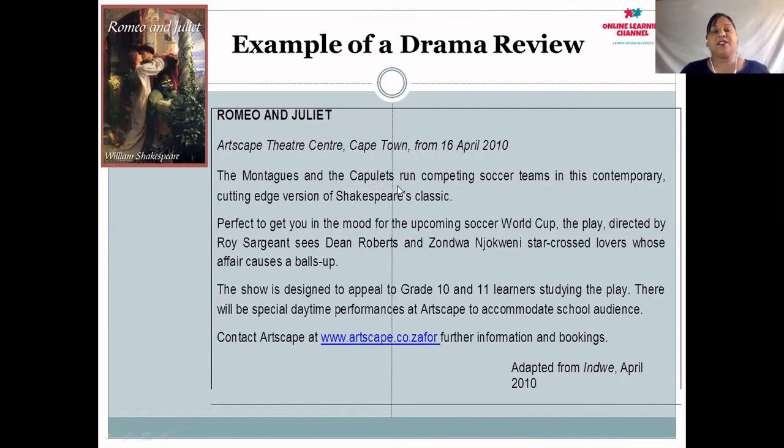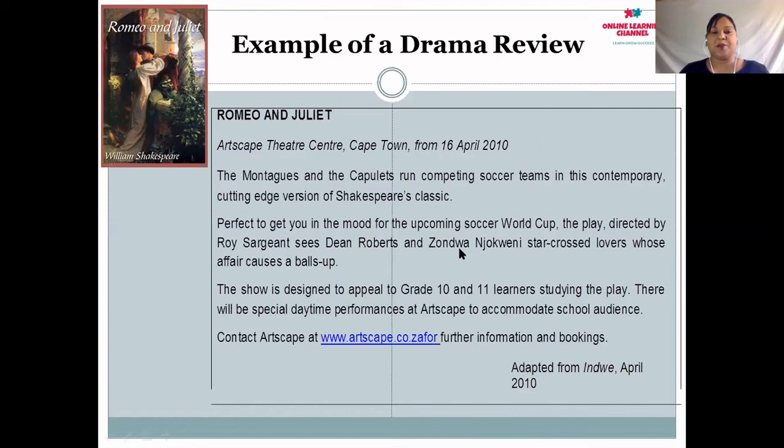In this instance, it wasn't just a normal contemporary play, it was Romeo and Juliet shown as competing soccer teams. This is because of the 2010 World Cup. That is why they showed the play in that light, to also dramatize the local events taking place during that time. And then they go into who the play is directed by, and also the main